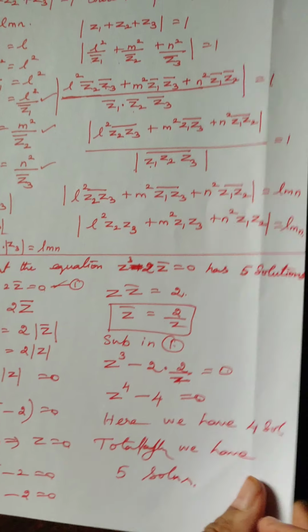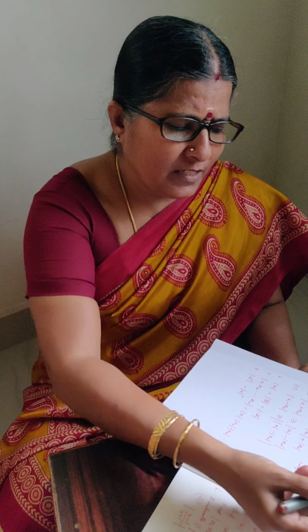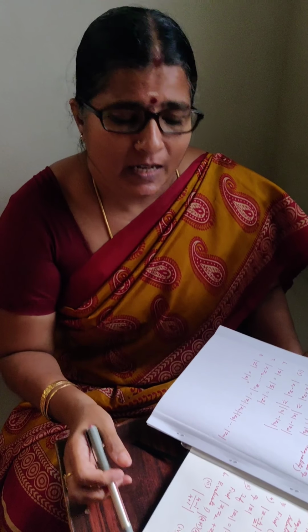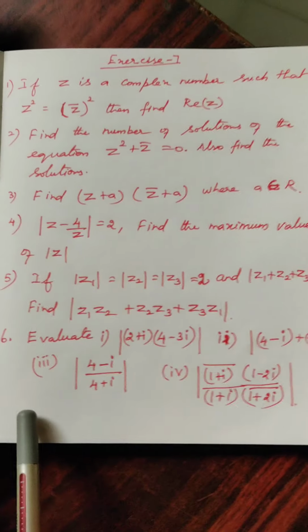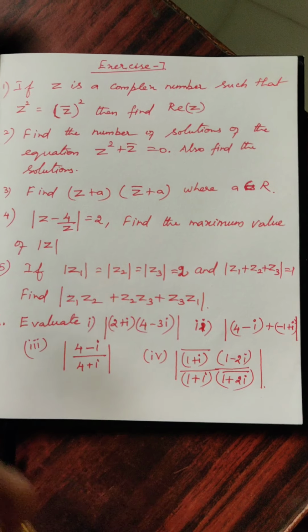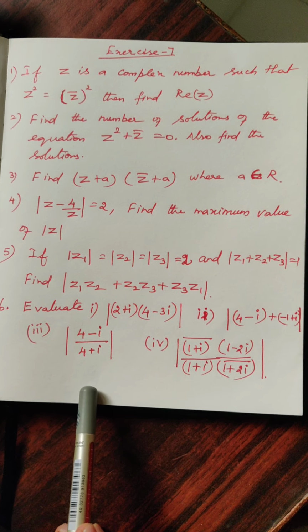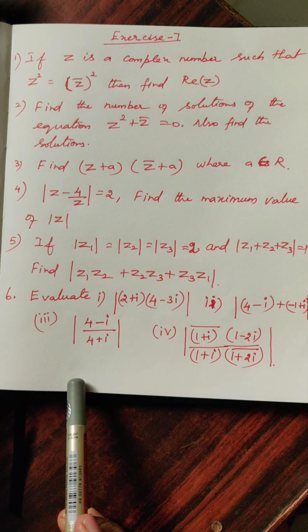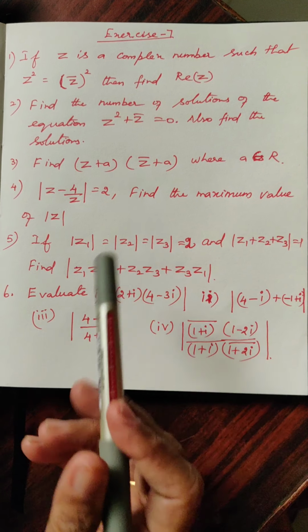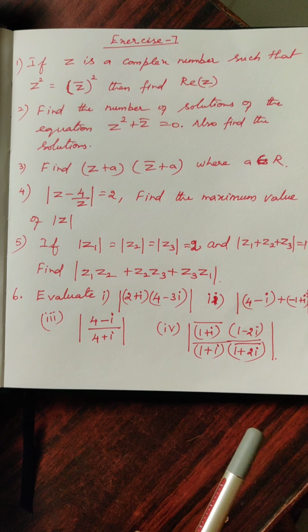Is it clear now? So we discussed all these properties and the definition of modulus of a complex number with many examples. I have given some examples of this modulus. So please work out these problems. Just go through all these problems and work them out. If you have any doubt, please tell me. I can give the answer for these problems if you have any doubt. Thank you.